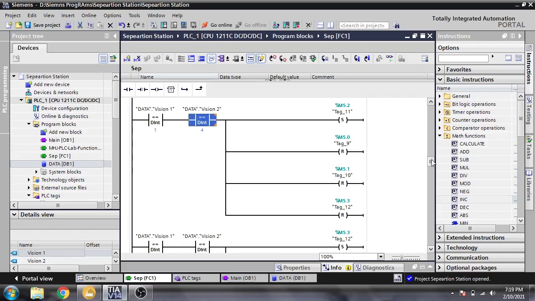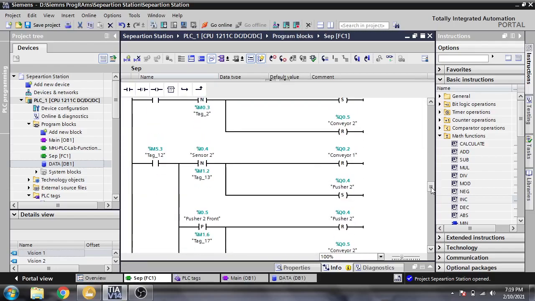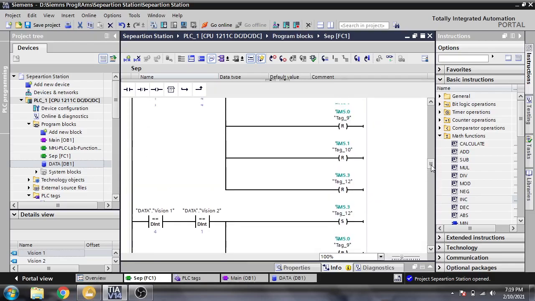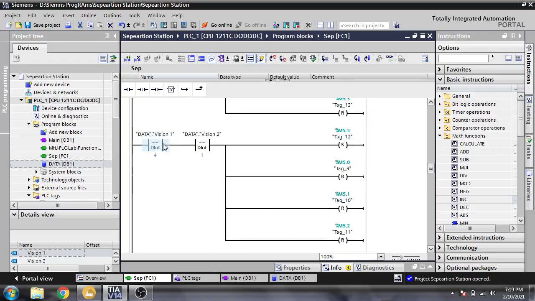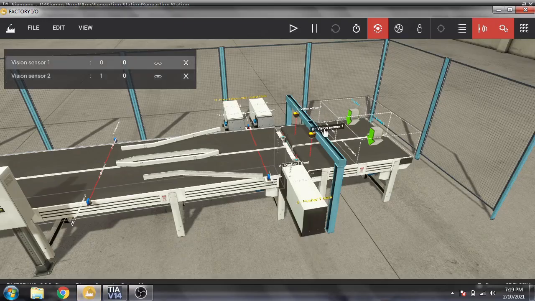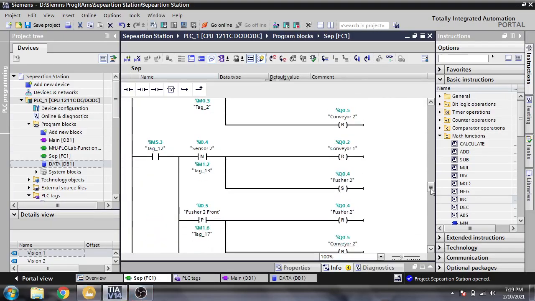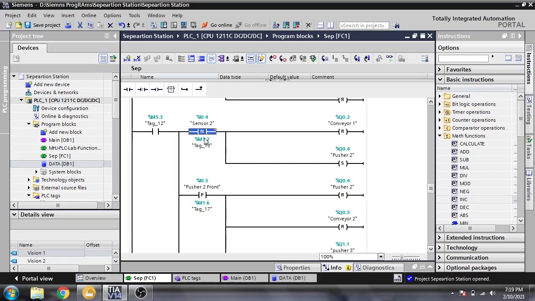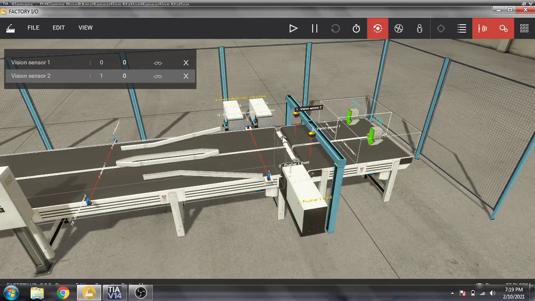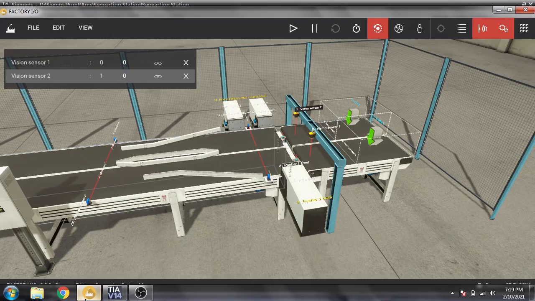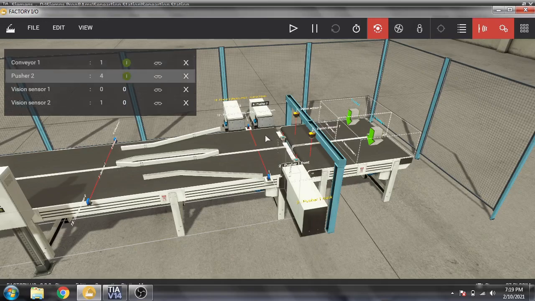So if the data vision sensor 1 reads green and the other reads blue, what will it do? M5.3 sets the pusher. After crossing the sensor, it will reset conveyor 1 and set our pusher 2 to move that one to there.